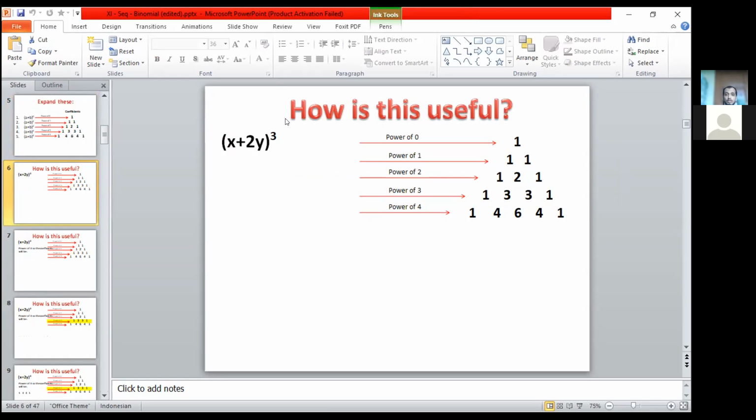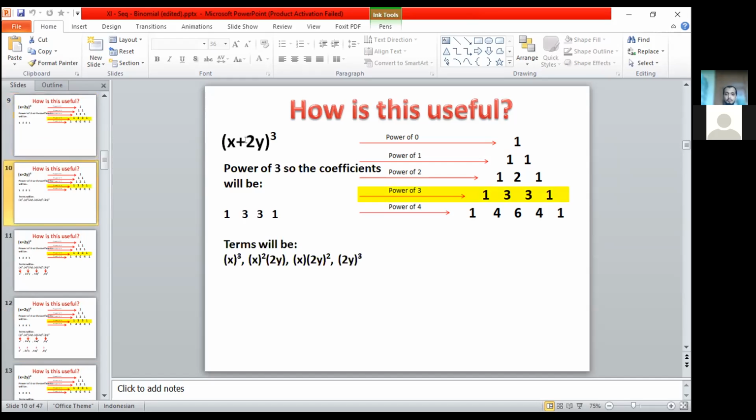And so you will get different examples. In the end, we will get different coefficients for each binomial. Because here we have x cubed, x squared, x, and no x in the last term. And for y, from the last term we have 2y cubed, and then 2y squared, and then 2y, and then nothing.